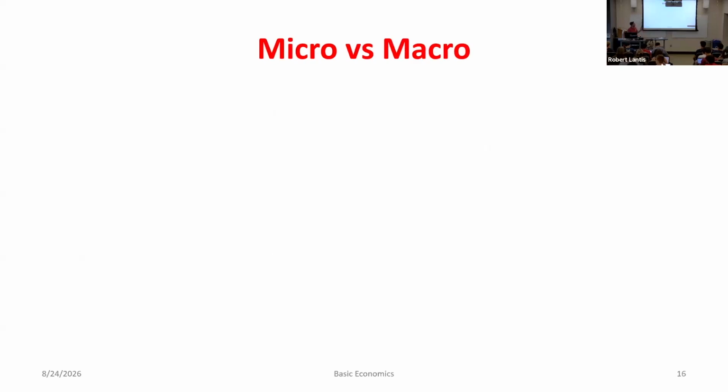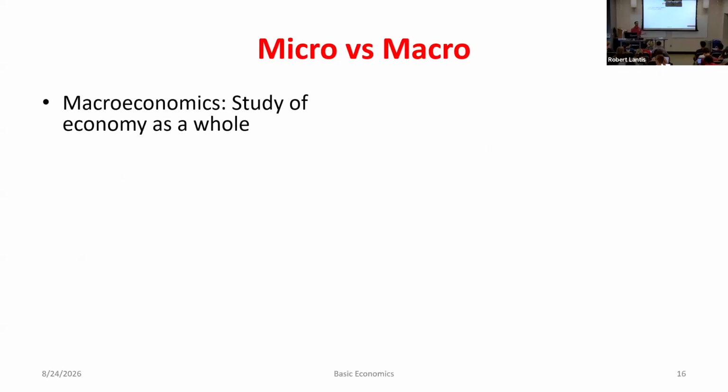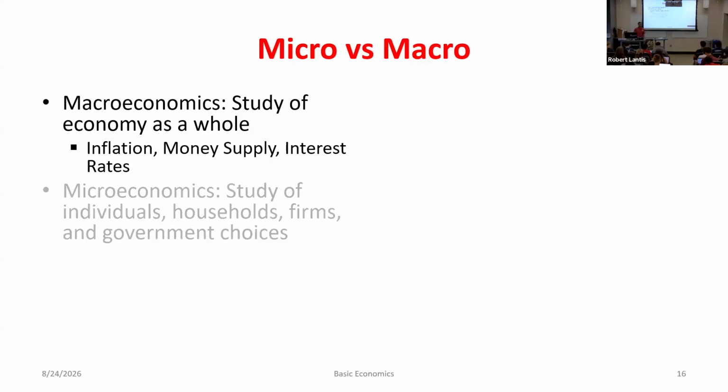So for this course, we've got macro and microeconomics. This course doesn't specifically say microeconomics, but really after module 2, the majority of the topics we're going to be covering will be microeconomics, right? Macroeconomics is more the study of the economy as a whole, where a lot of times we're comparing countries, comparing different states, much larger things than an individual. In B252, we start to talk about things like inflation, the money supply, interest rates, whereas we're really going to focus on firm, household,